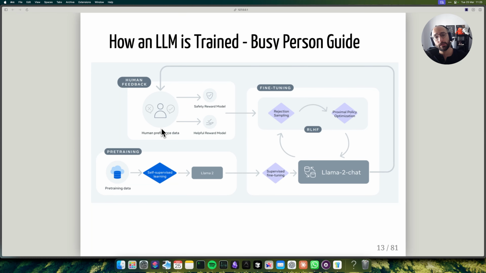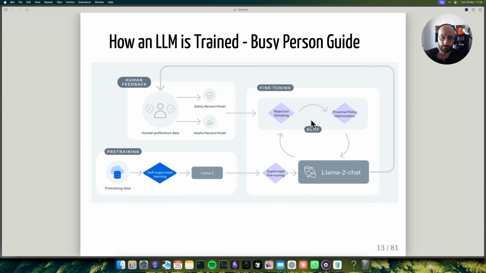And these responses from human annotators are going to be used to create this safety reward model and this helpful reward model. Essentially, you're going to create reward models that can guide a fine-tuning process that uses some fancy algorithms that we're not going to talk about, because I would say a lot of stuff that I don't really know how it works deeply. But you're going to fine-tune them with rejection sampling, proximal policy optimization, a bunch of techniques that will essentially make the base model align more with the reward signal associated with being helpful and associated with